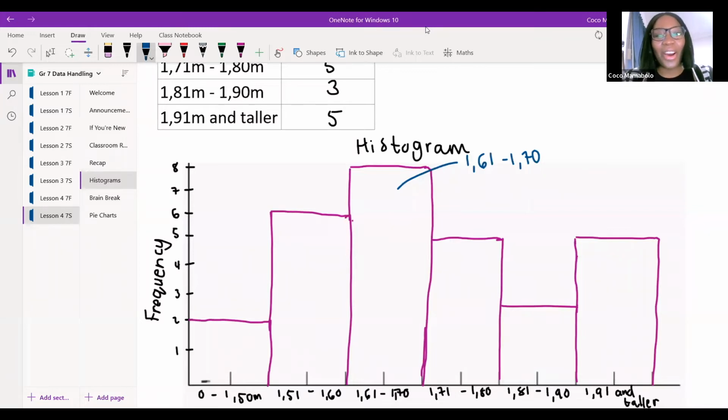Thank you. All right. So because of our sample size, we have a little bit of an abnormal data set because there are many, many tall people in this class. I don't know how that happened. But generally, if we look at the data set, we can say that the normal height of a grade 7 learner should be between 1.61 and 1.7. So mainly it should be somewhere around there.